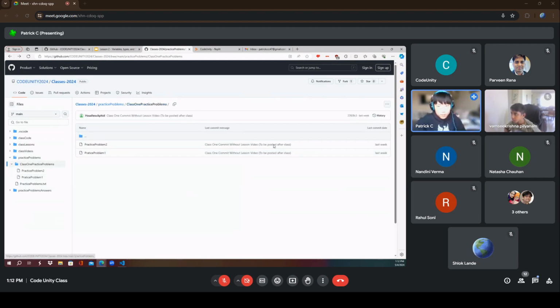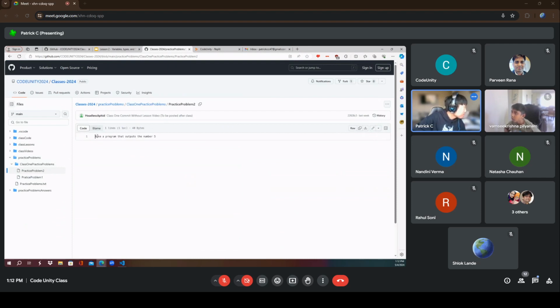And we go back to the second problem, number 2. It says, make a program that outputs the number 5. Now, there are 2 ways of doing this. But from what you learned from the last class, I'll just teach you the first way. After this class, you will know how to do it the other way.